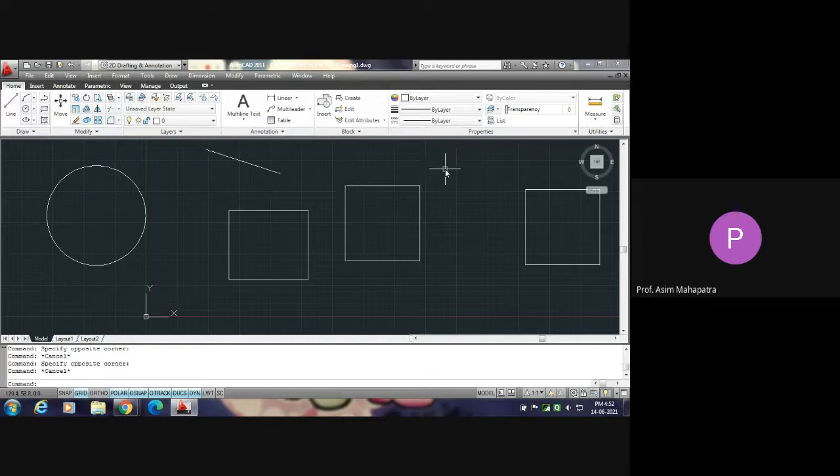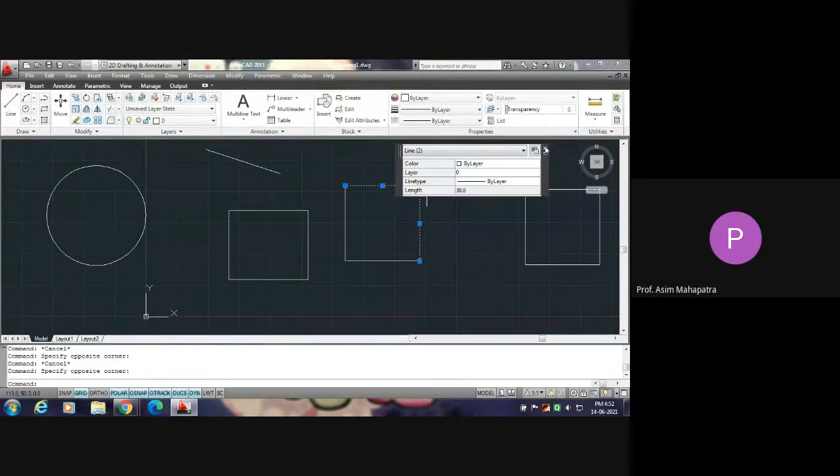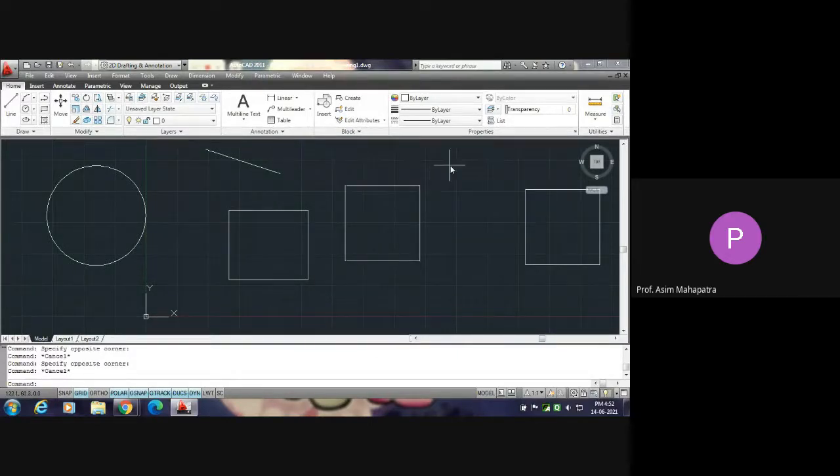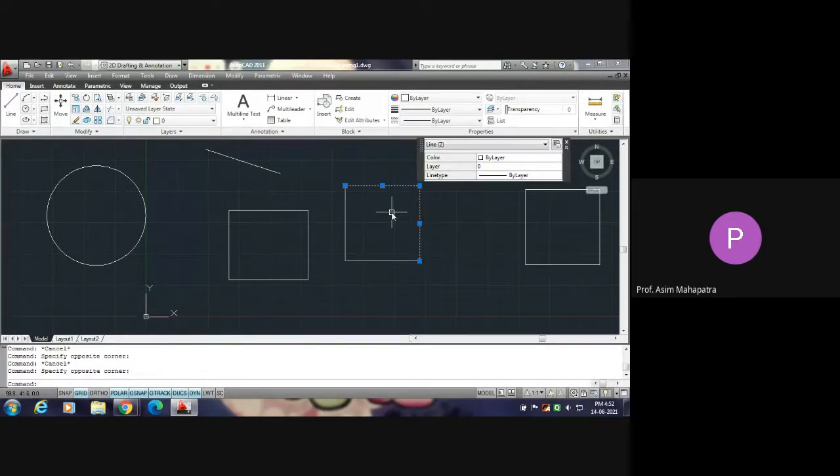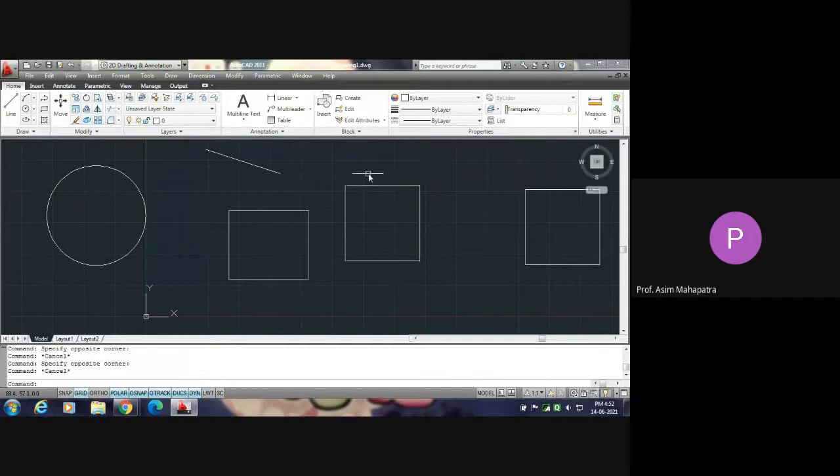I hope this is clear to you. I have repeated it several times. For the cross window, you see, 2 lines have been selected. Cross window, so partially enclosed bodies will also be selected. So here 2 lines partially within the window will be selected. Yes, it is selected. But if we draw the simple window, blue window, this partial selection is not possible. The partial entities within the window will not be selected. You see, it is not selected. I hope it is clear to you.